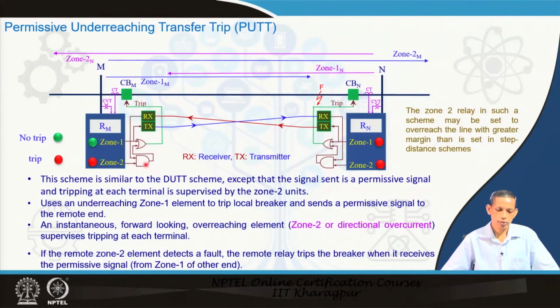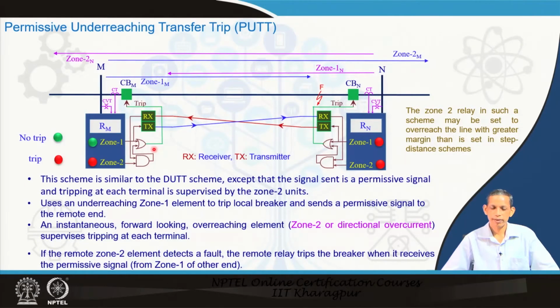Now, you can say that the decision process arrangement is changed. We will see what is the difference. The scheme is similar to the DUTT that we have discussed, except that the signal sent is a permissive signal and tripping at each terminal is supervised by the zone 2 units. Yes, it sends signals from both ends if the zone 1 finds the fault